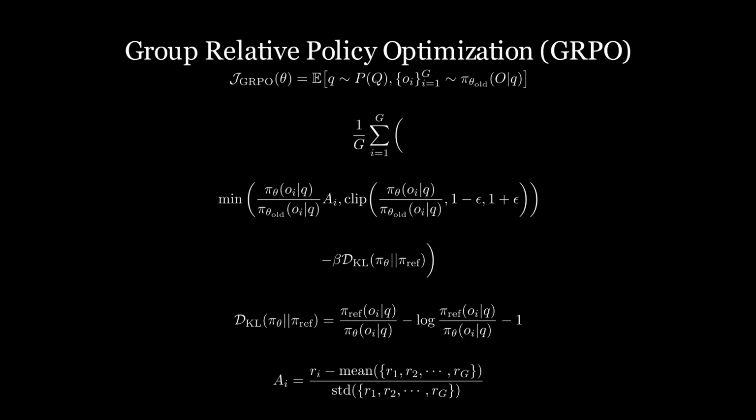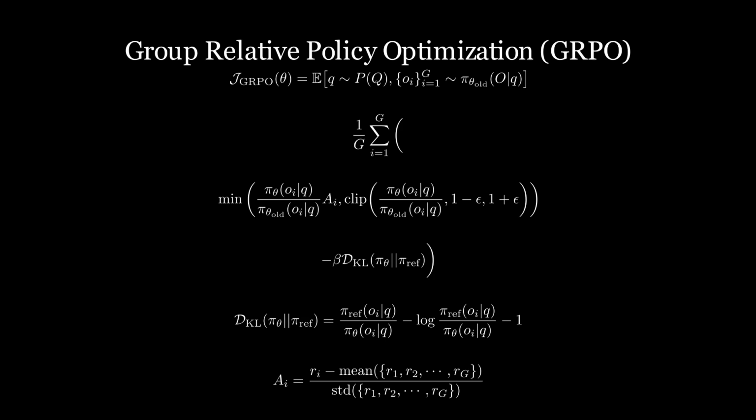The first term is the ratio of the current policy pi of theta for observation O sub i, given Q, divided by the old policy pi of theta old for the same, multiplied by the advantage A sub i. The second term is a clipped ratio of the current policy to the old policy for observation O sub i, given Q. This ratio is restricted to be within 1 minus epsilon and 1 plus epsilon, where epsilon is a